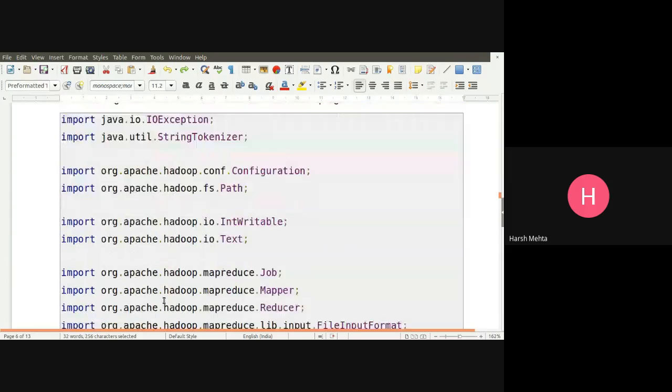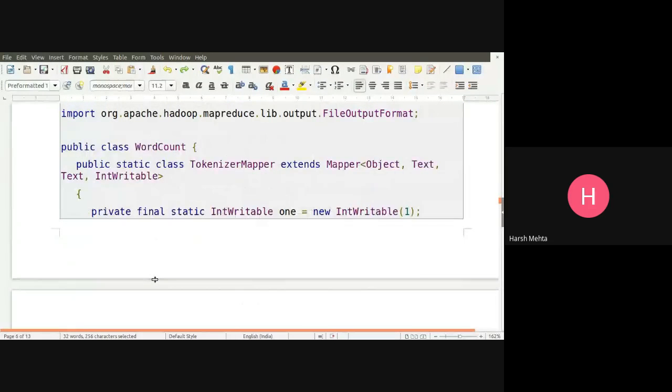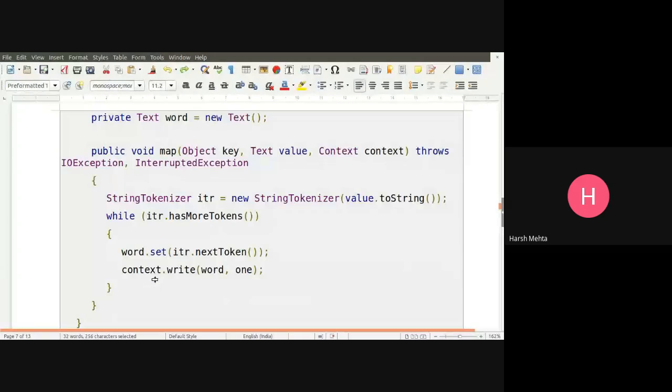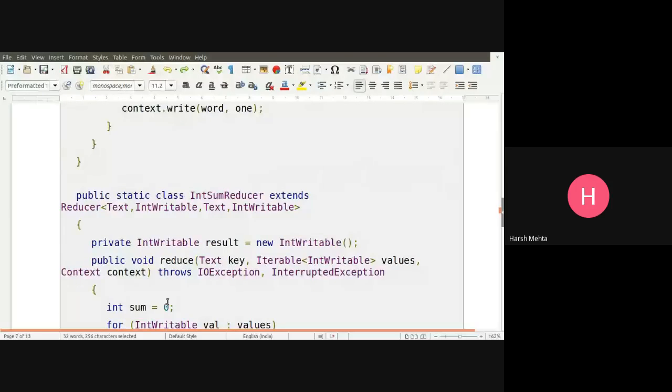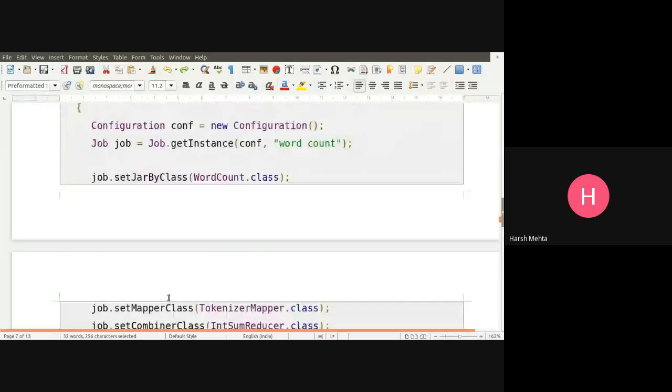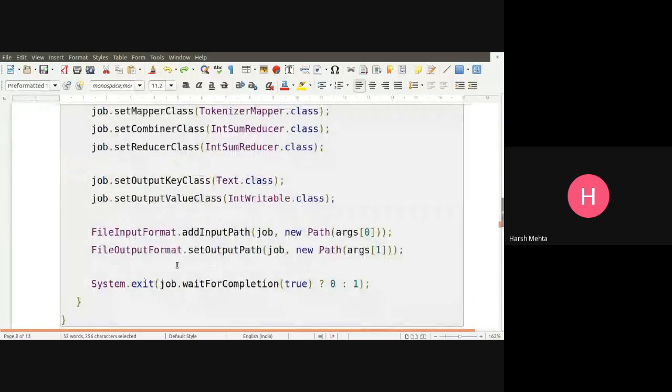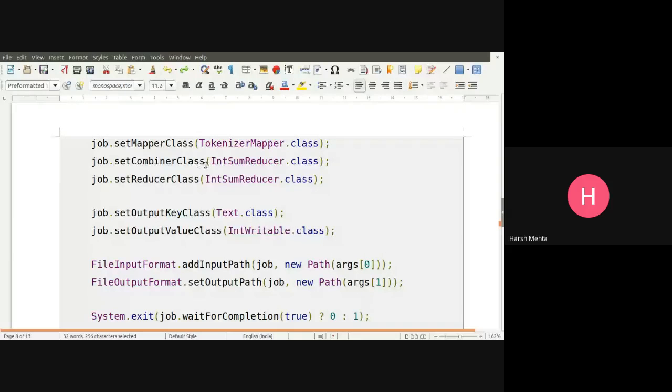Okay. Now let's see the program directly. In the program, we are not supposed to do anything. We are just supposed to introduce the combiner. So job.setCombinerClass. Okay, so let me go to the program. I think my screen is not visible, the programming screen. So let me show you our code.